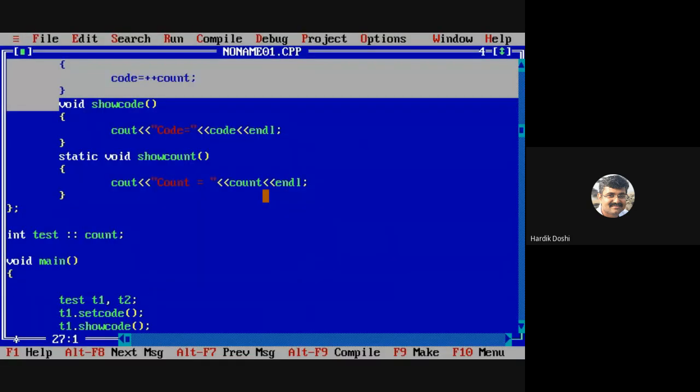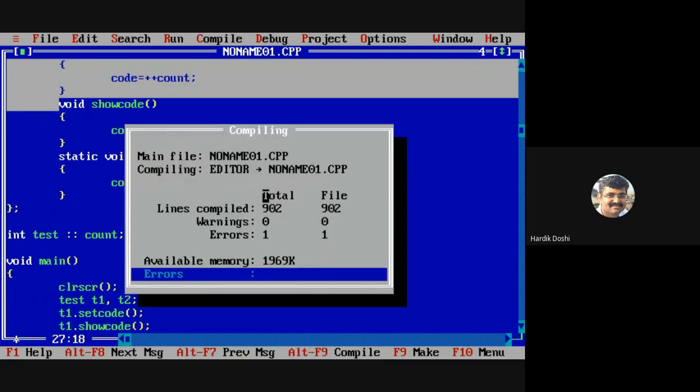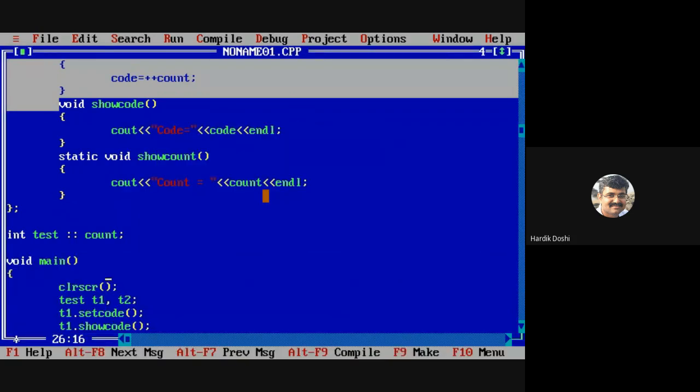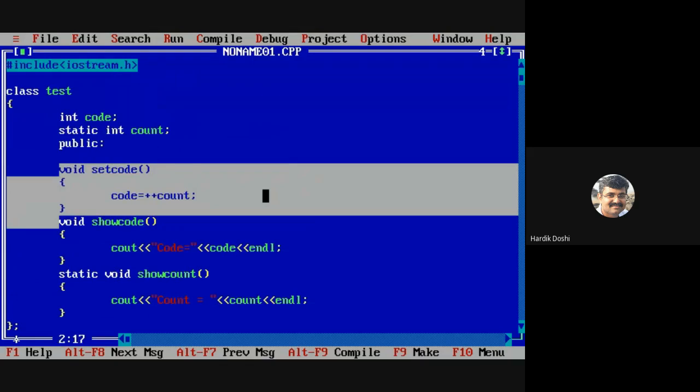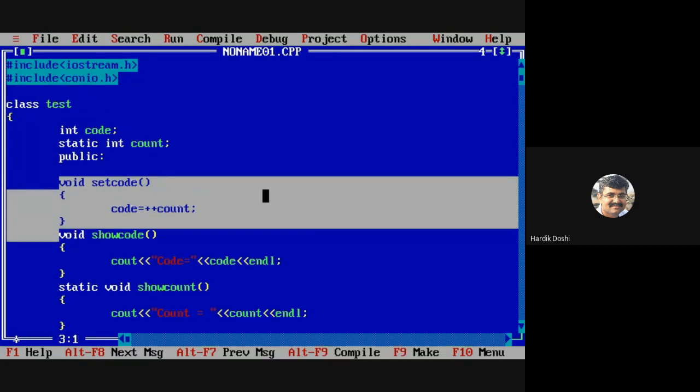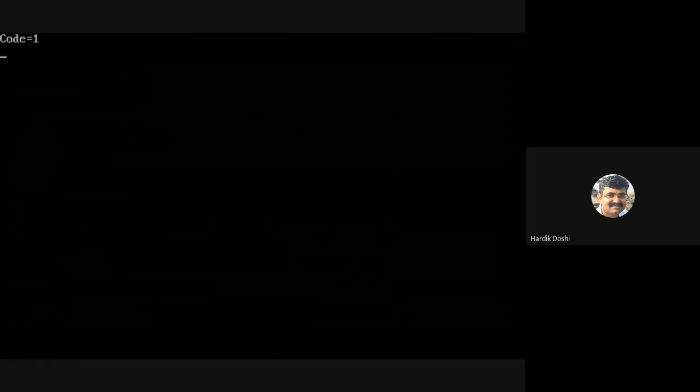Let me clear it. Compiling. Okay. So what is the value of code now? 1. Now this code value is for which object?